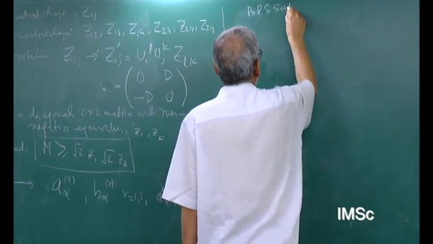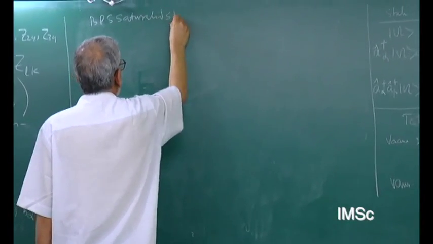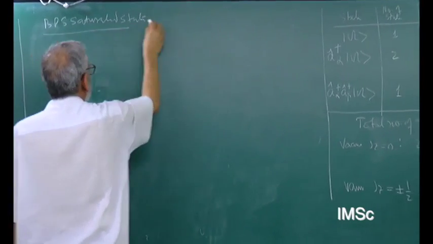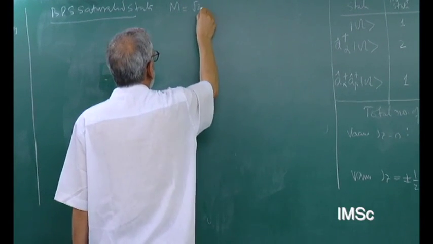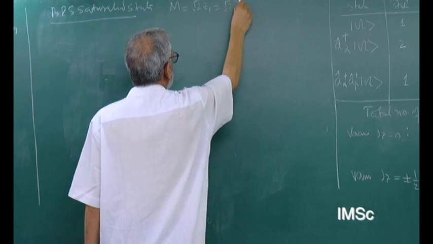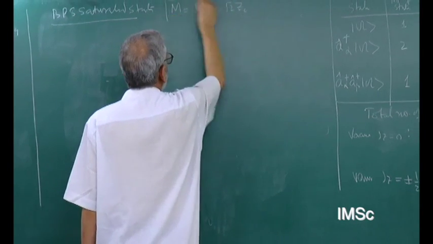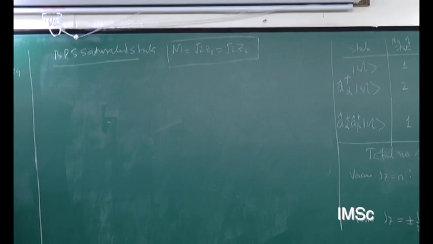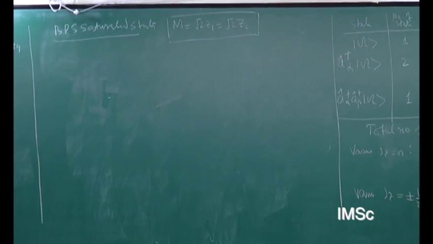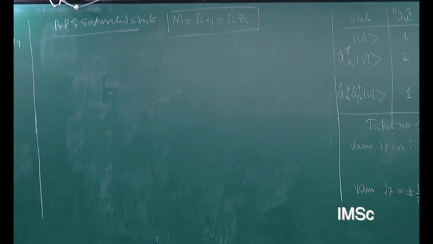BPS saturated states, and that is M equal to root 2 Z1, and that's root 2 Z2. Central charges are equal, and not only that, they are equal to mass up to some normalization. And then we have these oscillators A and B's. The B's go away, we are left with only A's, and you normalize the A's,